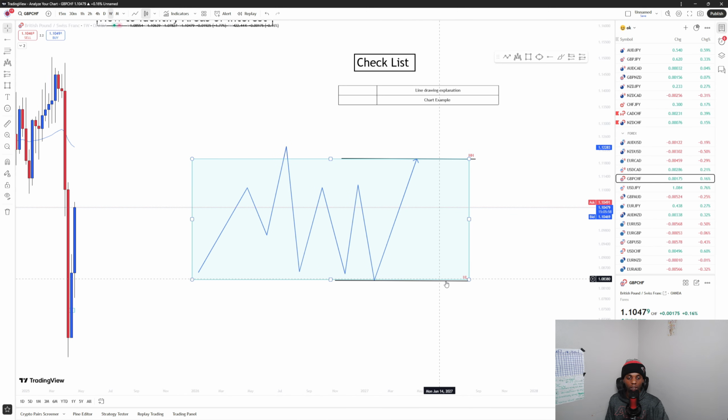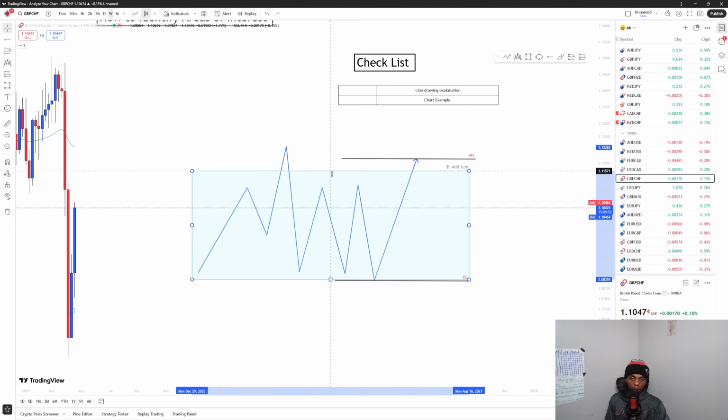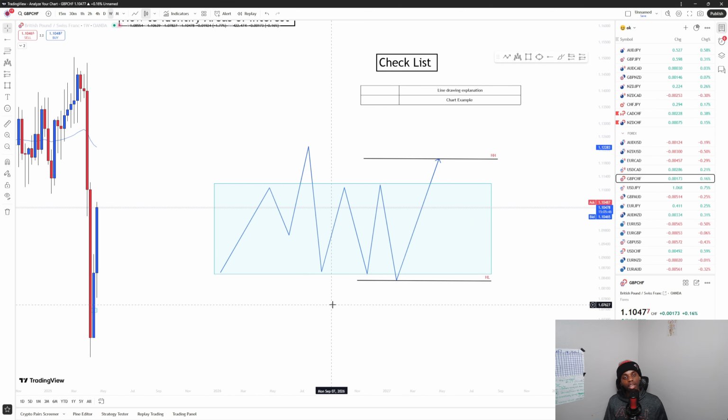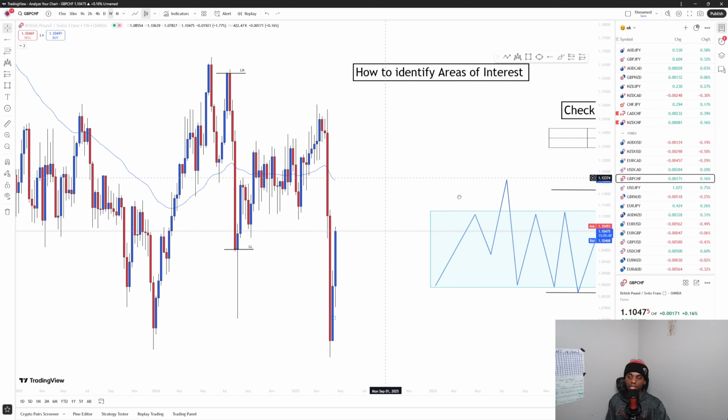Okay, so you drag it to the higher low, and then you start dragging the top part down, and when you get to the first structure point, you start dragging the bottom part up. The goal is to get 3 touches with the area of interest being as small as possible. And if y'all don't know what a touch is,